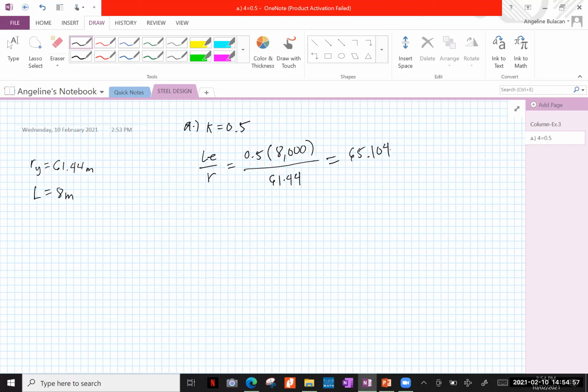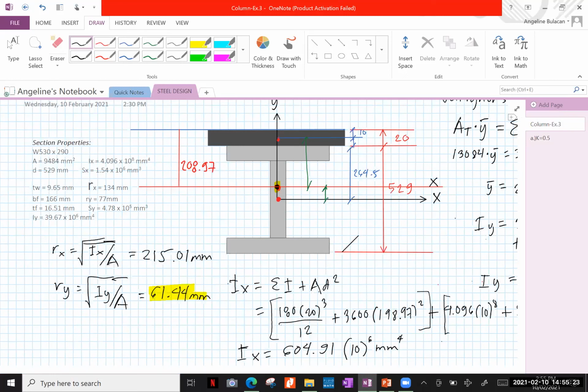Ano yung next step? Diba after this, makompute nyo yung CC. After nyo makompute yung CC, makaklassify natin if long or short column. After that, compute nyo yung FA, and then after that, compute your P. So, for this example, hindi ko na siya isa-solve manually, bibigay ko na lang yung solution. Pero, ang importante lang kasi dito is, na-discuss ko ito because if you encounter a problem na hindi siya symmetrical